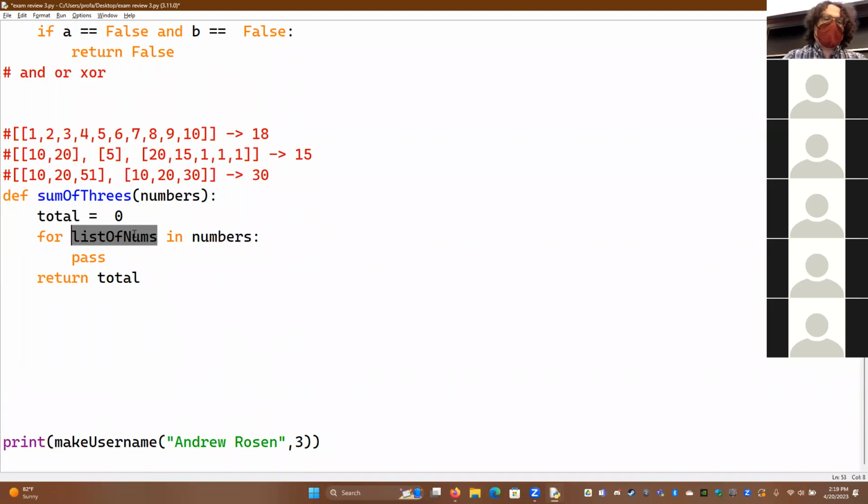So now we've got a list for each one of these lists. With this for loop, what I'm saying is for each one of these lists. For this first one, I'm saying for this entire list. For the second one, I'm saying give me this list, then this list, then this list, right? For each of those lists of numbers, for each n in list of numbers,